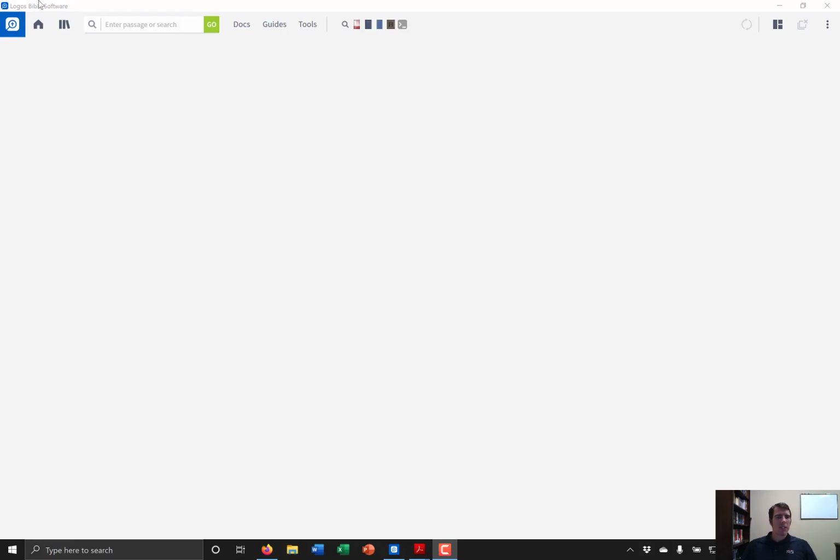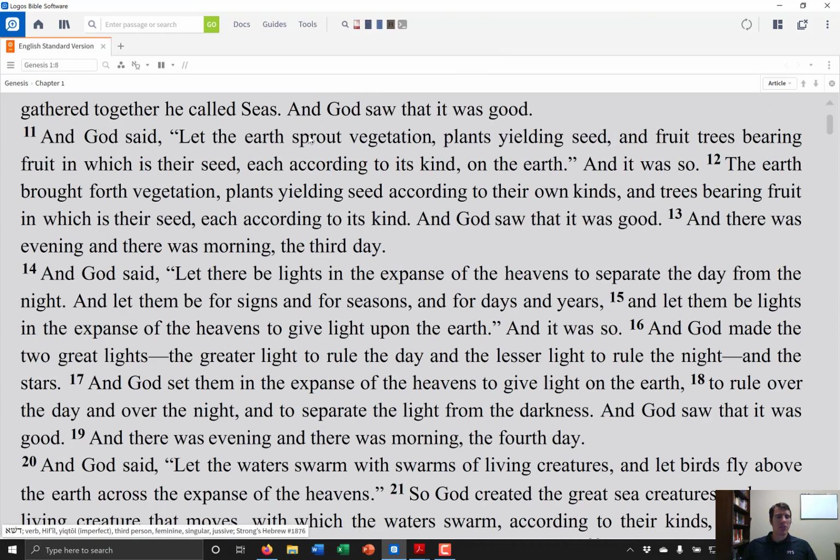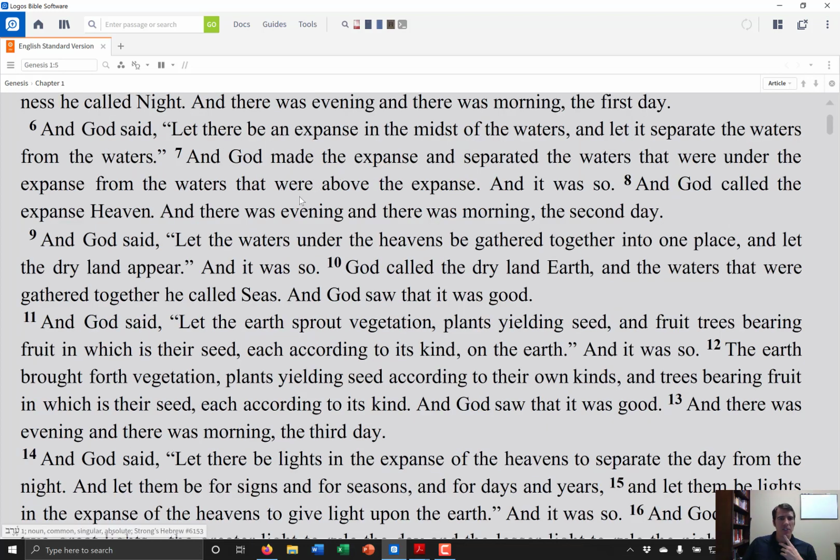All right, well, today we're going to introduce the basic search. And so in order to do that, I'm going to open up the English Standard Bible to just briefly show how to do a word search in English, and then I'm going to show Hebrew and Greek. So I'm going to do all three because I know students and users of Logos are coming at it from a variety of perspectives. So let's go ahead and look at the ESV here, and let's say we're reading along